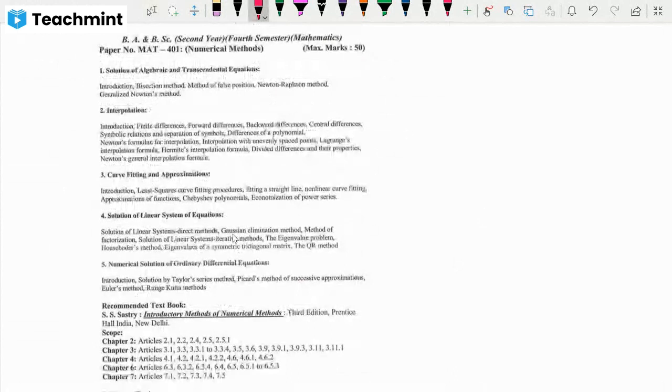Solution of algebraic and transcendental equations, that is chapter one. So first we will see what an algebraic equation is and what a transcendental equation is. We will see the introduction to algebraic and transcendental equations, and then the methods for their solution. So what is algebraic and what is transcendental? Algebraic is a different thing, and transcendental is again a different thing, and combinedly,